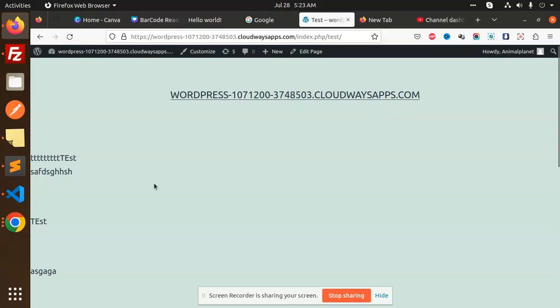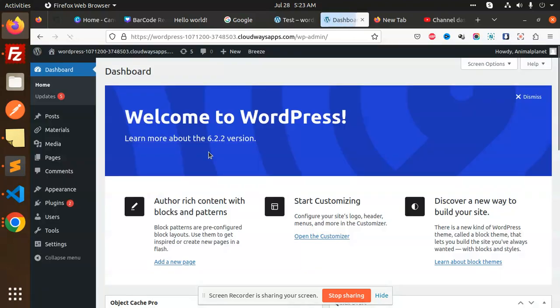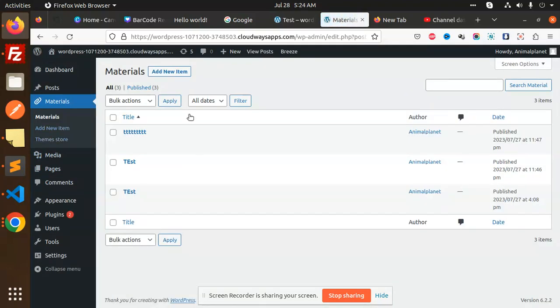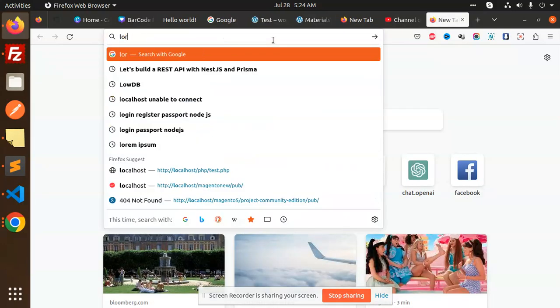So let's get started. First of all, we can check the custom post. We'll go to the dashboard. Here we have the custom post, right? Here we have added all the custom posts. Now I'm going to add a beautiful title so that we can check. Okay, so we'll go with the lorem ipsum